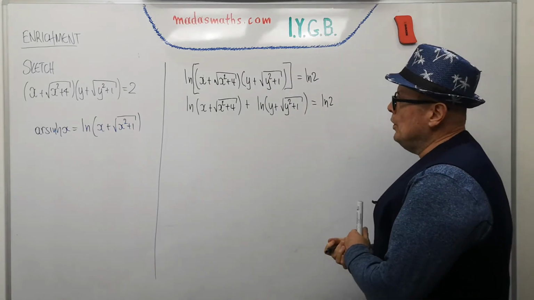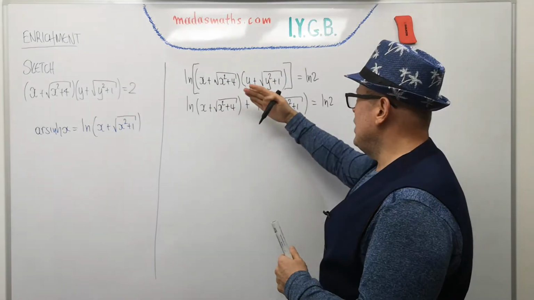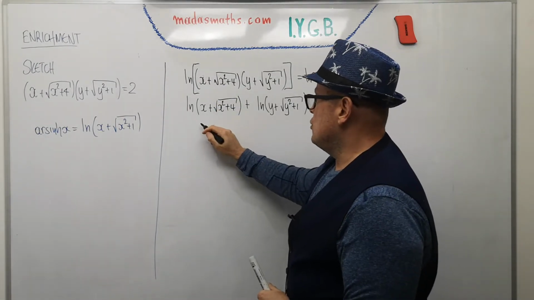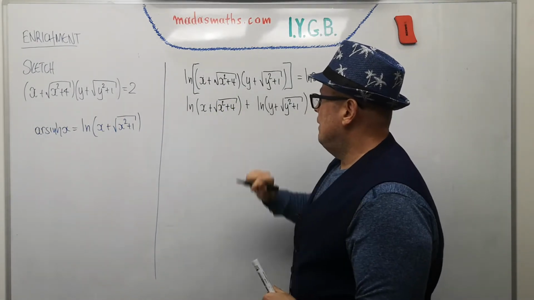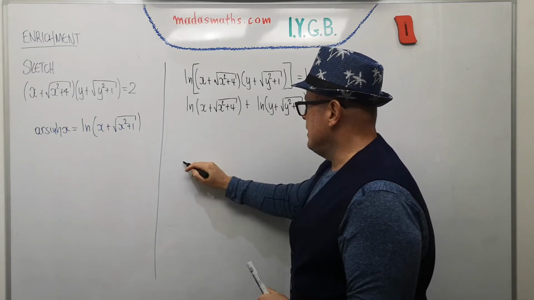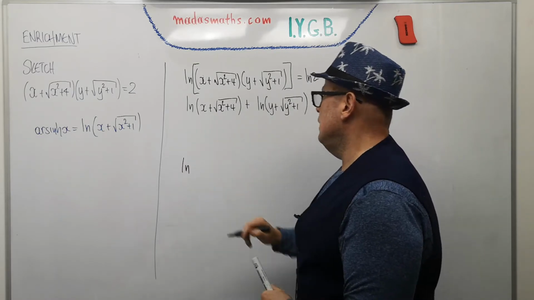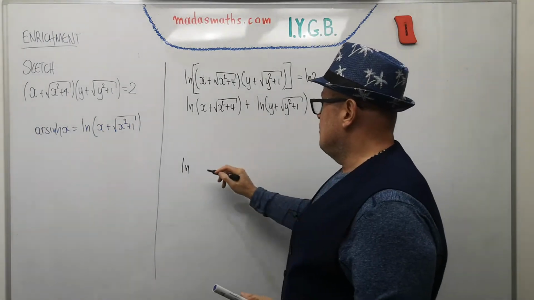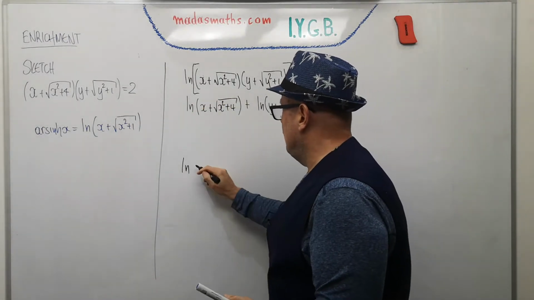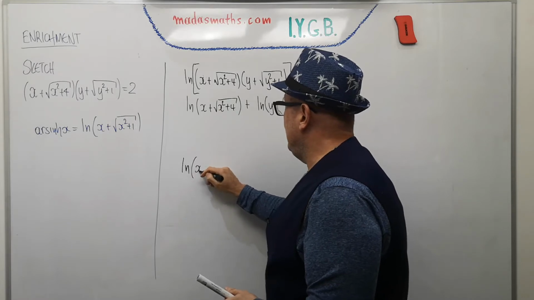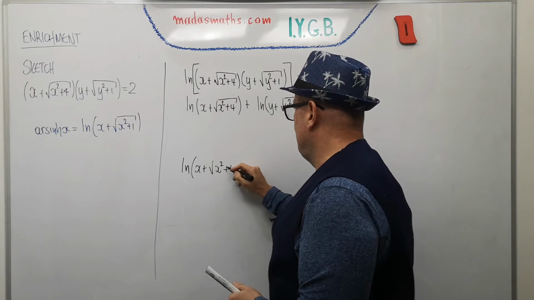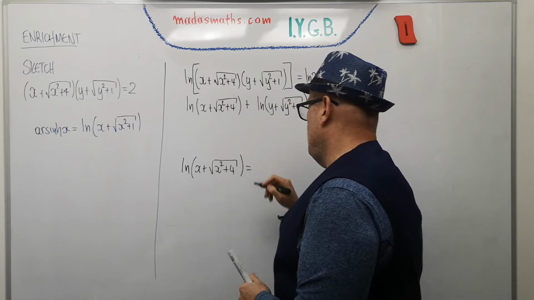So what I'm going to do next, rather than carrying on with the equation, because I'd be carrying all of this all the way down, is to just concentrate on this particular log. And then once I know what I can do with it, or if I've hit a brick wall and can't do anything, then of course I'll try something else. But for the time being, I'm just going to concentrate on this. So the log of x plus the square root of x squared plus 4 is equal